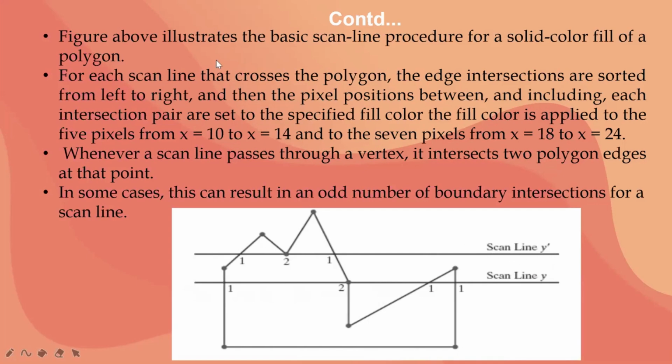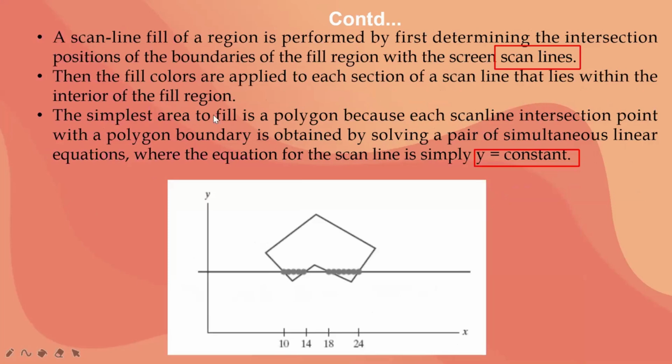From this example, we'll go back to the earlier figure. Here you can see some numbers, which are just unit vectors. Some units I have given where my first point is at 10, the next point is at 14, the next point is at 18, and the last point is at 24. Just remember, these all are points.